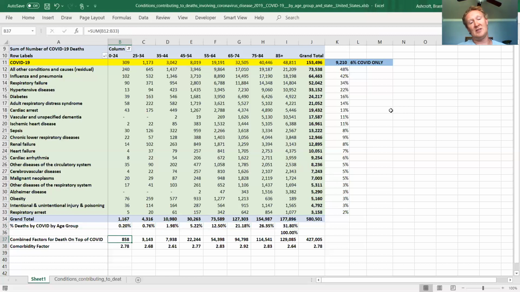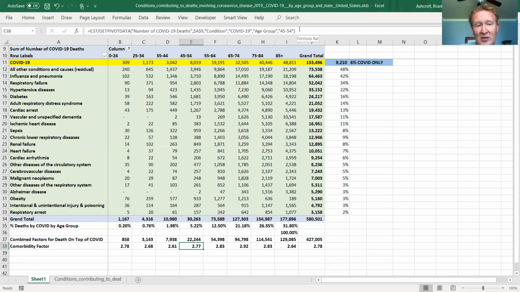The other thing that this is able to do is this basically is a formula that takes all your other factors and adds them together. And then it says, okay, based on those factors, how many additional causes of death by age group? And I found it interesting that for the 0 to 24, it was almost 3, which tells me that these people that passed away, that died from this, were not healthy individuals, which we know, but this kind of proves that out. And then it's actually pretty high. 0 to 24 is as high as 45 to 54.